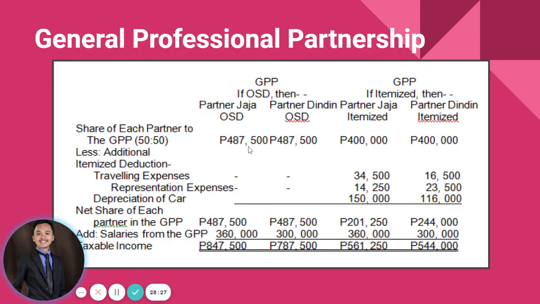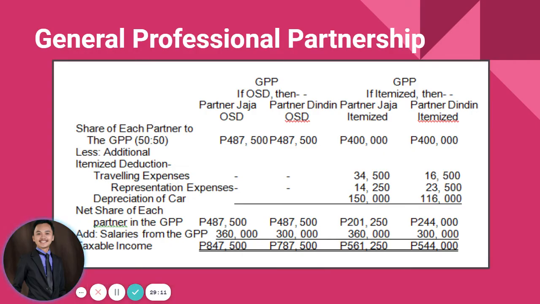So again, since the partnership uses OSD in computing for its distributable net income, that means the unliquidated expenses mentioned earlier, guys, cannot be deducted anymore in computing for its taxable income. Because again, the OSD or the 40% already stands for all the itemized expenses, regardless if there are expenses which were not liquidated. So that means the total share of each partner in a general professional partnership under OSD will still be 487,500. You add their salaries